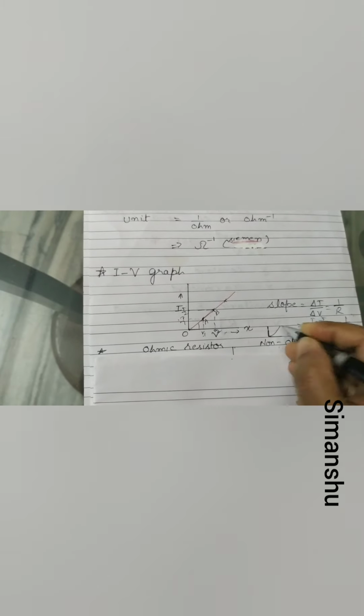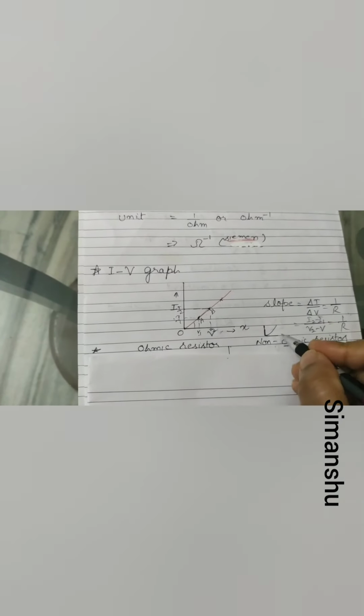Instead of this slope, let me show you, we can get any kind of curve here, like this for non-ohmic. So first of all, the substances which obey Ohm's law are ohmic resistors, and the resistors which do not obey are